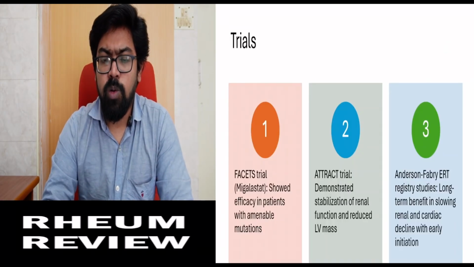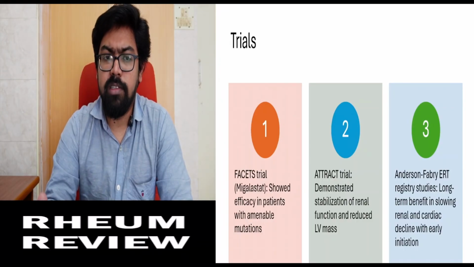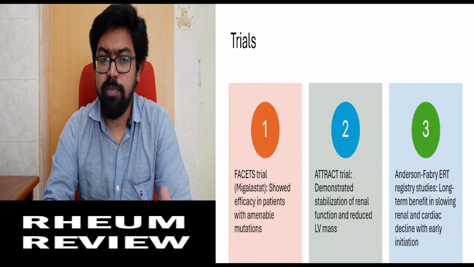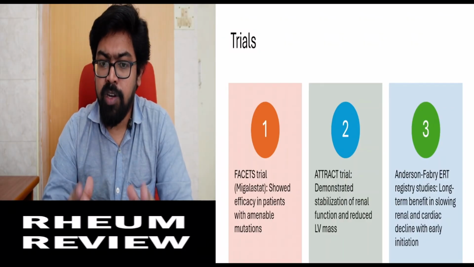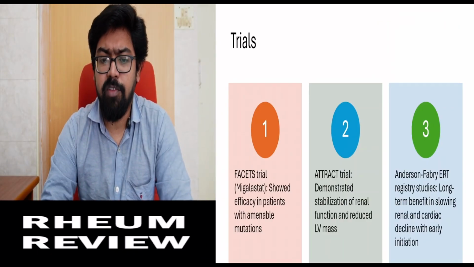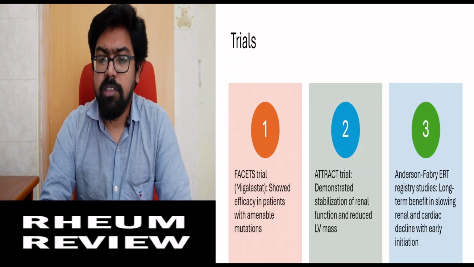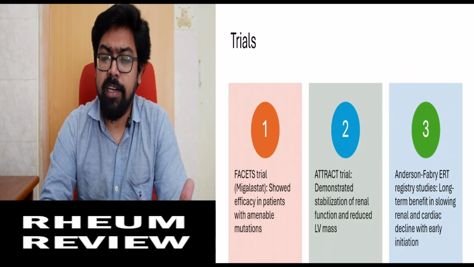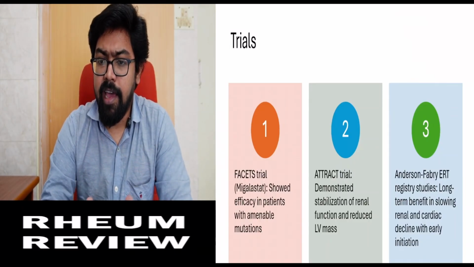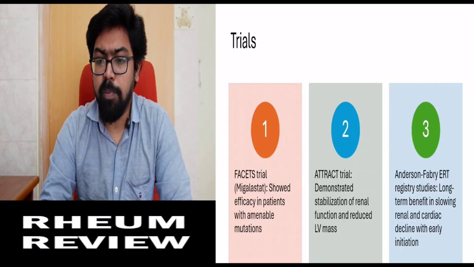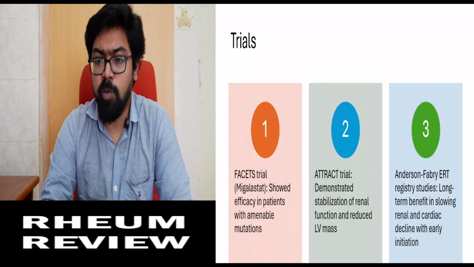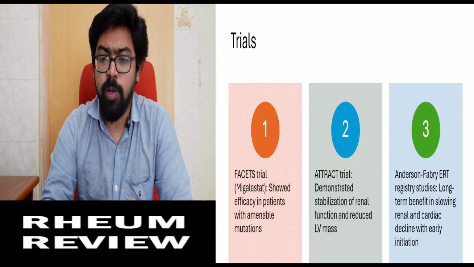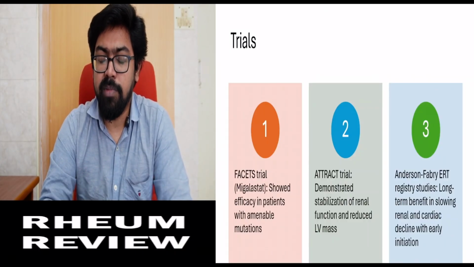We have already told the trials which support the treatment of Fabry disease: the FACET trial, which supports migalastat, and the ATTRACT trial demonstrated stabilization of renal function and reduced LV mass in the patients treated in early stages. And the Anderson-Fabry enzyme replacement registry studies found long-term benefit if you are using enzyme replacement therapy